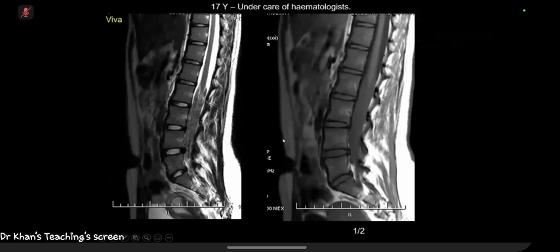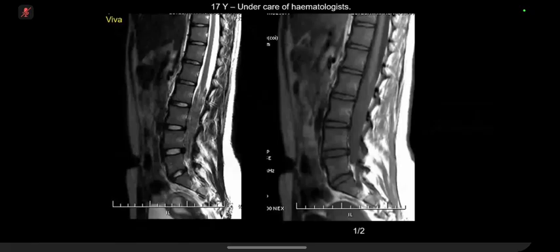So, a 17-year-old under the care of a hematologist. I can see there's abnormality at the corticoidal root. On the T2 images, I can see there's a thickening of the corticoidal root. Under the care of a hematologist makes me think that the patient could have an underlying hematological disorder and result in cirrhosis. But